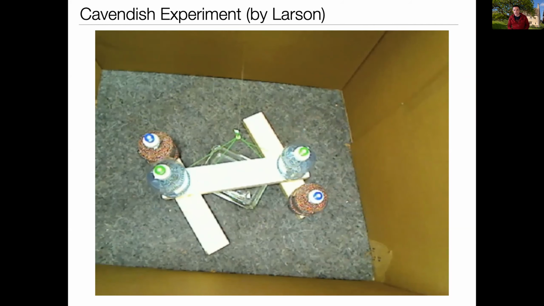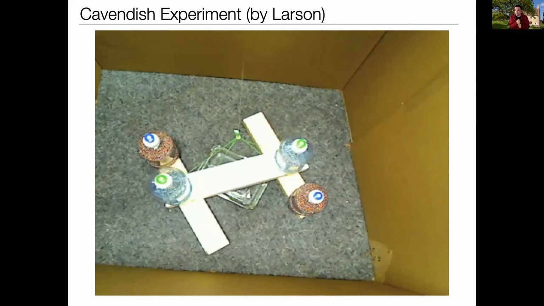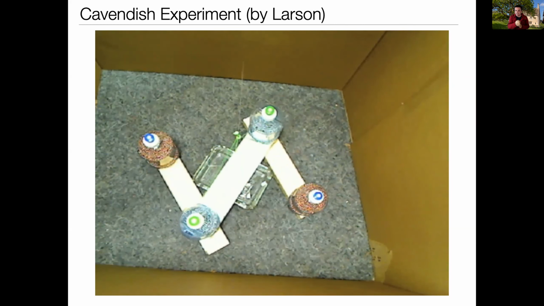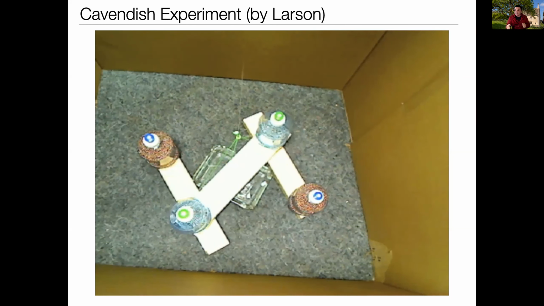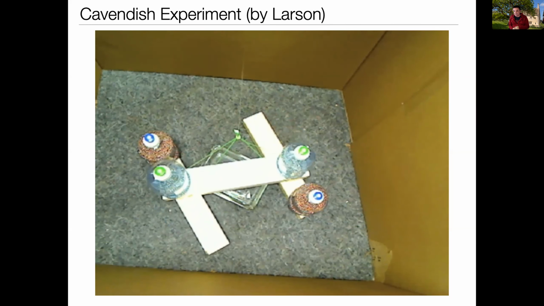You see a lot of bouncing there initially. The gravitational attraction is pulling the masses together, but the thread doesn't want to be twisted, so it tries to untwist itself. Since the forces we're talking about are extremely tiny, it can basically overcome that. But over time, the gravitational attraction of the big masses overcomes everything, and it pins the masses against each other. You can see it's all enclosed in a big cardboard box. This was completely closed off so there were no air currents or anything, because the air currents were enough to overcome the very tiny gravitational forces that we see going on there.